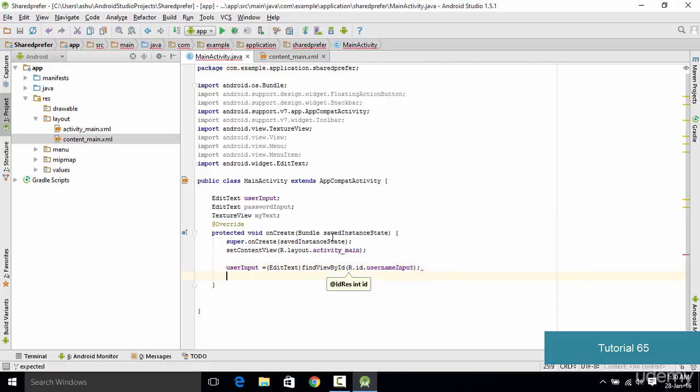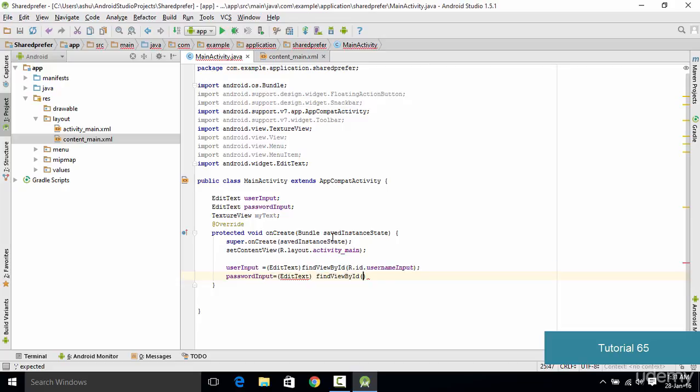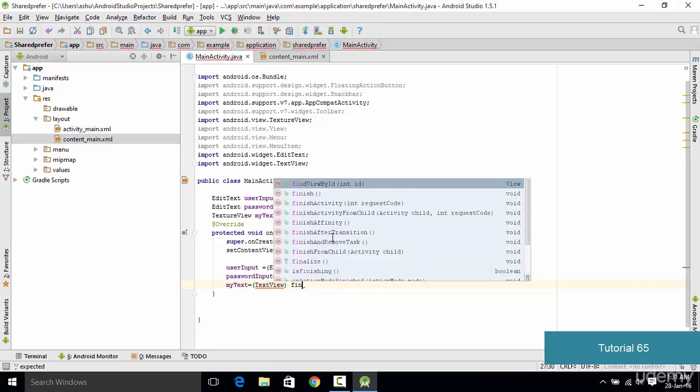R.id.usernameInput. So we have a reference to username input. Now we need to have the reference to the password input. So we do the same for password input. So we type passwordInput equals, typecast it to EditText. Then we type in findViewById R.id.passwordInput. Now the final reference we need to get is for the myText. So we type myText equals, and this is going to be a TextView. So we type TextView and then we type findViewById